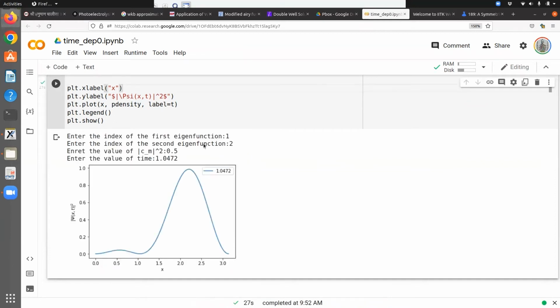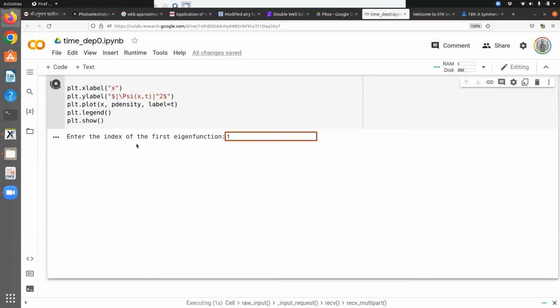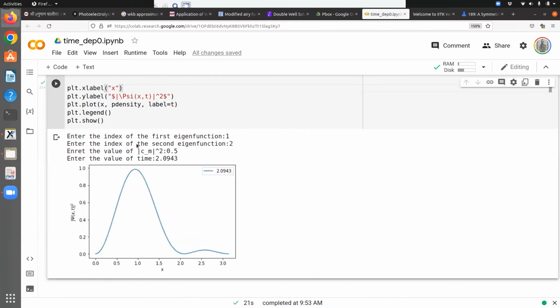So this is how the probability density looks. Note that the peak of the probability density has shifted towards the right hand side of the box. Let us do it for some other time. So we keep the wave function same and only change the value of the time to 2.0943. Now again you see that the peak of the wave function has come back to the left hand side